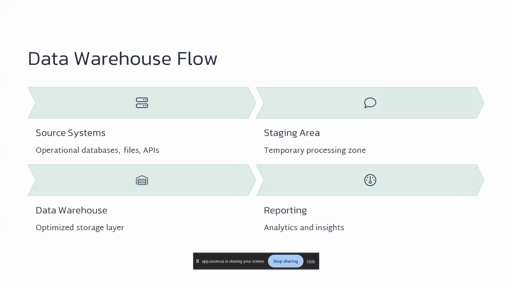That is exactly the source system: operational databases, files, APIs. And the staging is the temporary processing zone. If you want to delete something, or if you want the data to be unique or clean, whatever we want done with the particular data, we clean everything there. Then the data warehouse is the optimized storage layer, where you can optimize your data by removing duplicates, applying filters, or applying group by. And finally,